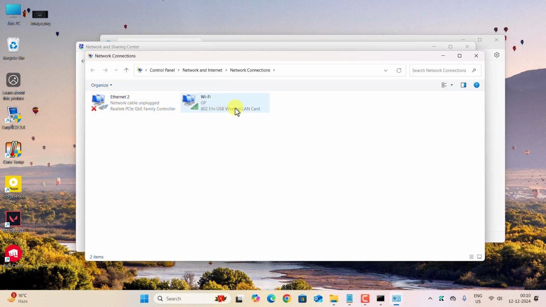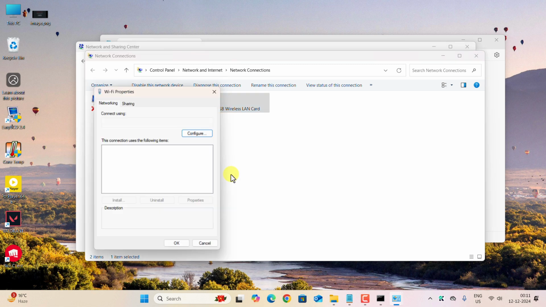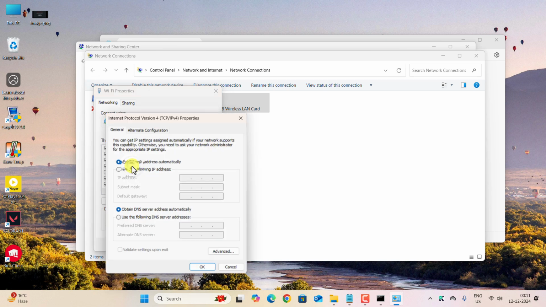Now you can see this is my active connection. If you are using Ethernet, then you have to select this one. So I am using a LAN card, so I will use this one. Right click on it, click on properties. Over here you have to find the IPv4, that is Internet Protocol Version 4. Select this one, double click on it, and now use the following DNS server addresses. Here you can put the Cloudflare DNS address or the Google DNS. So I'll put the Google one,